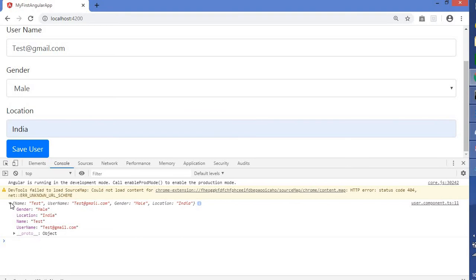We can create our form, and in the form we have to say what our ngForm is, where our form starts, and what controls are there, that we have to define. Once we have done that, we are able to manage it. So right now what we have done is just get the data from the front end, that means the UI, and log the data. That's it. We didn't have any service, or any database to communicate with.